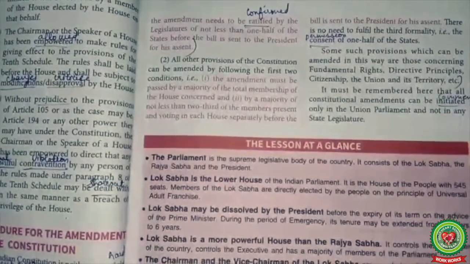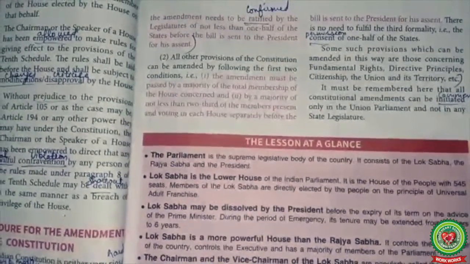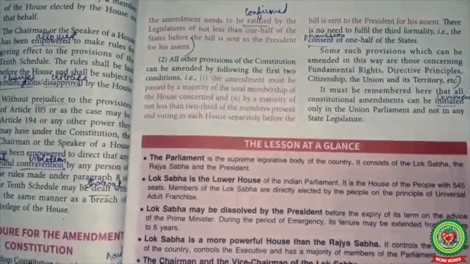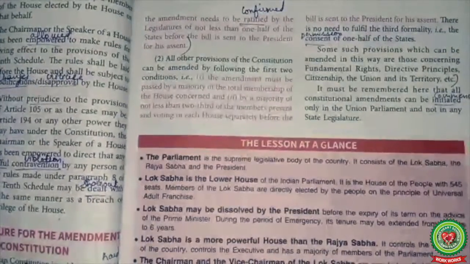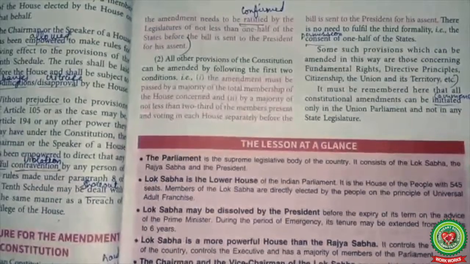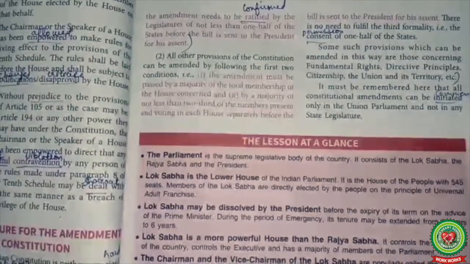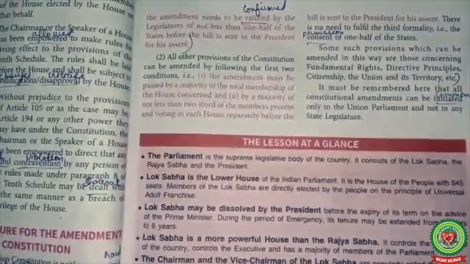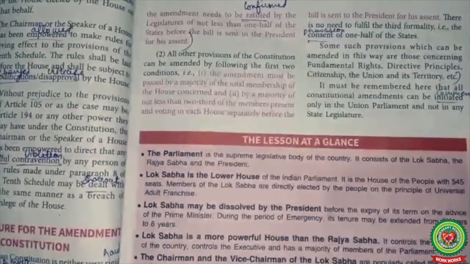The majority of the provisions in the Constitution need to be amended by a special majority of the Parliament. The bill must be passed in each House by a special majority, a majority of two-thirds of the members of the House present and voting. After being duly passed by both Houses of the Parliament and ratified by the state legislatures where necessary, the bill is presented to the President for his approval. The President must give his approval. He can neither hold it nor return it. After his assent, the bill becomes an act.